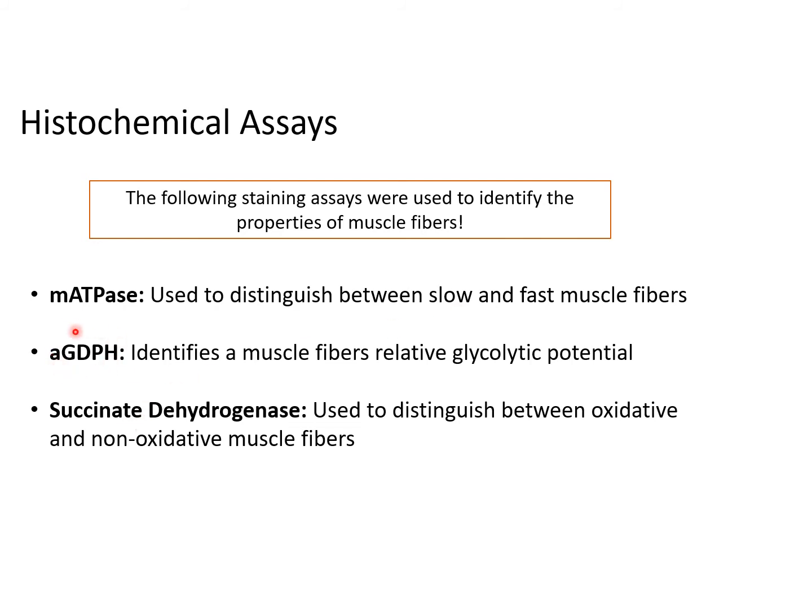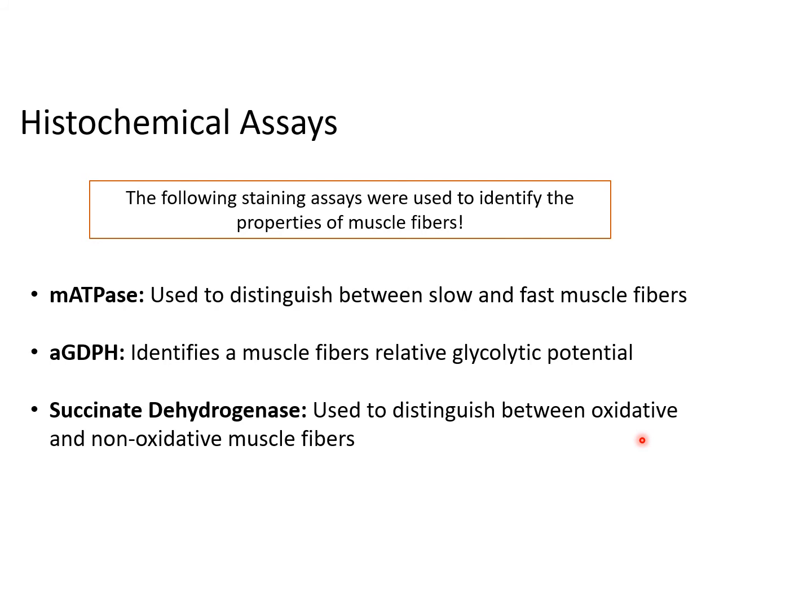You will also take a look at something known as GAPDH, which tells you the glycolytic potential. The higher activity would tell you that this muscle relies more on glycolysis. The lower would tell you that the muscle relies more on oxidative aerobic respiration. And the third enzyme, succinate dehydrogenase, is going to help you distinguish whether the muscle is oxidative or